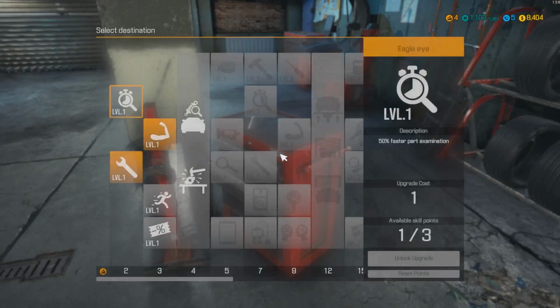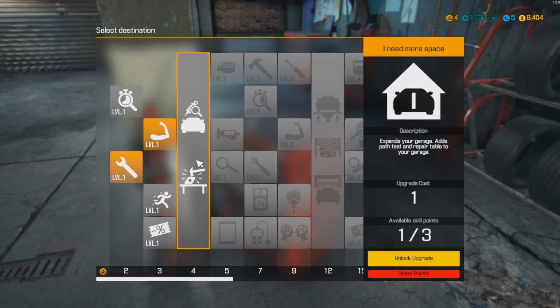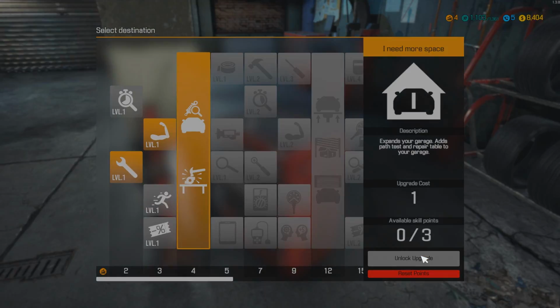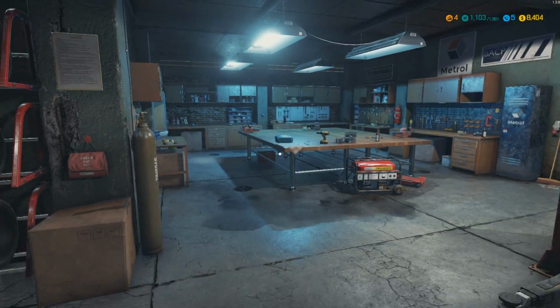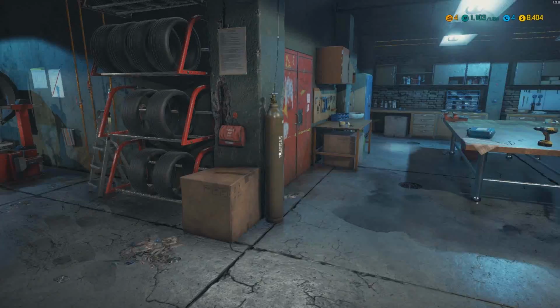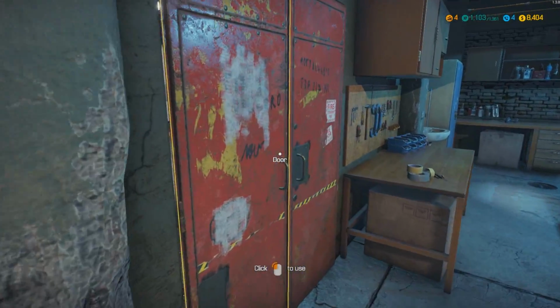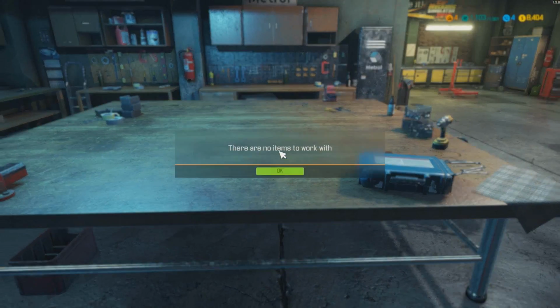Do we have another XP point? Yes, we do. Alright, now we can actually get the part test and repair table. Nice. That's going to be fun. Oh, I love the fact that this is... Oh, wow. Oh, I like it. It actually opens up a whole new area, not just adds a little bit. That's cool. So now we can actually try to...